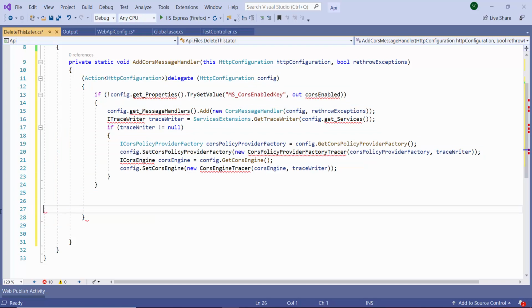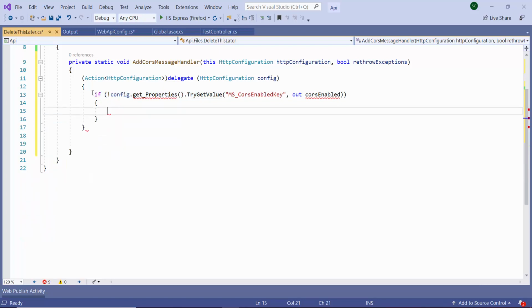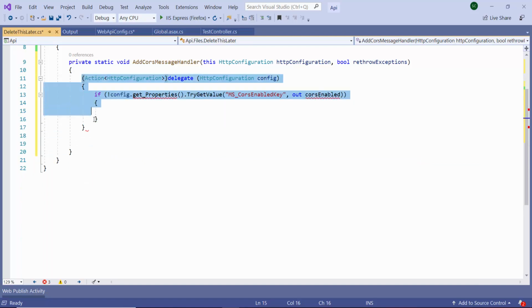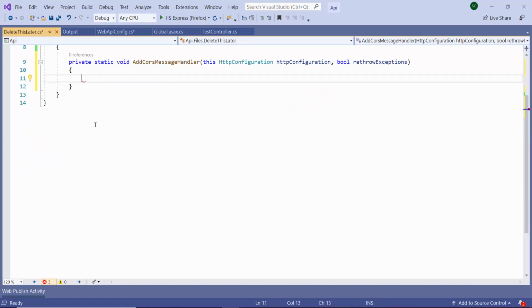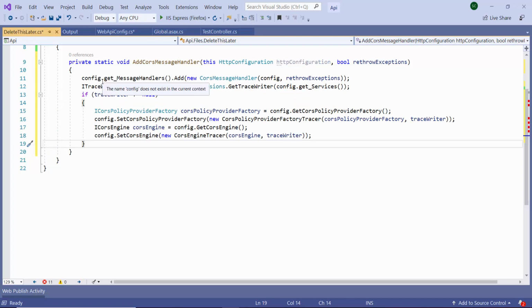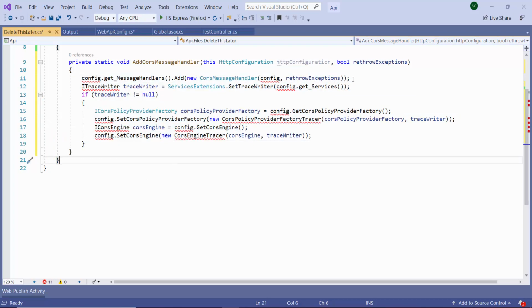I'm not interested in looking at this. It says if this key doesn't exist, then do something. I'm not interested in this if construct. Let's just get inside this and see what exactly is it that it's doing. In fact, let me delete all of this. All I'm interested in is understanding what this is. Okay, the first line says